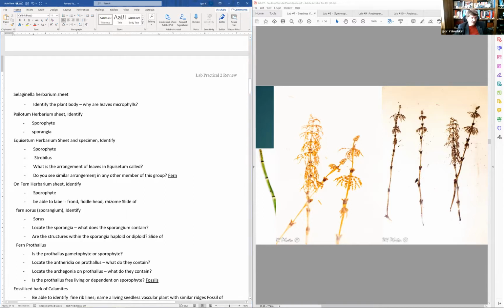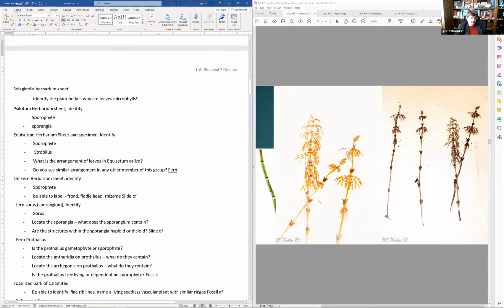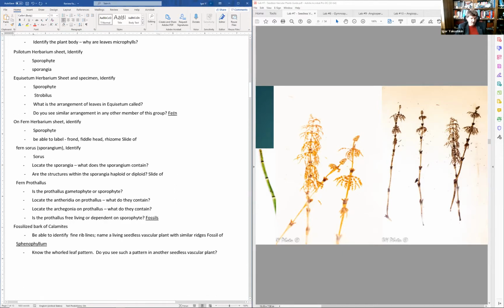What is the arrangement of the leaves Equisetum has? It's more than 2 leaves coming out from the node, so it's a whorl. Do you see a similar arrangement in any other member of this group? Similar arrangements, well, ferns might have it, and also Calamites, the ancient horsetail-like plants. On the fern herbarium,